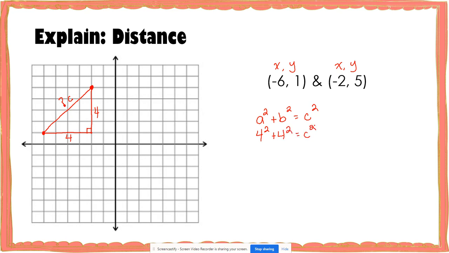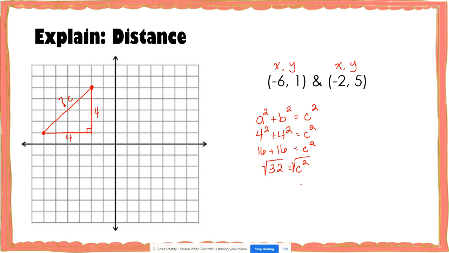When I do 4 to the second power, I get 16. So I have 16 plus 16 equals c to the second power. And when I add 16 plus 16, I get 32. Well, I know that I'm not done. I have not actually found the value of c. What I found is the value of c squared. So to get c by itself, I'm going to need to use the inverse operation, which is taking the square